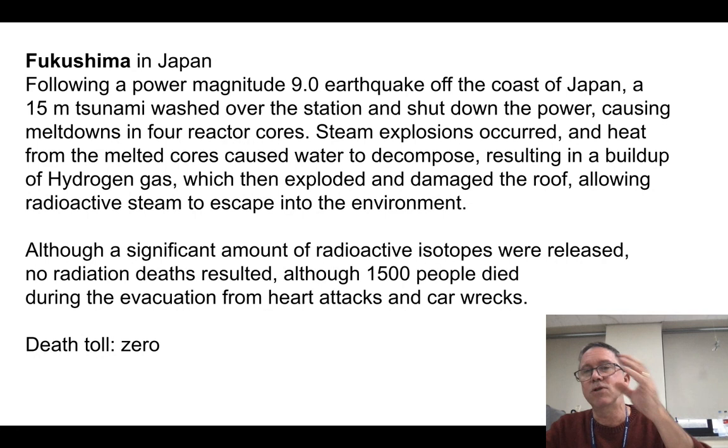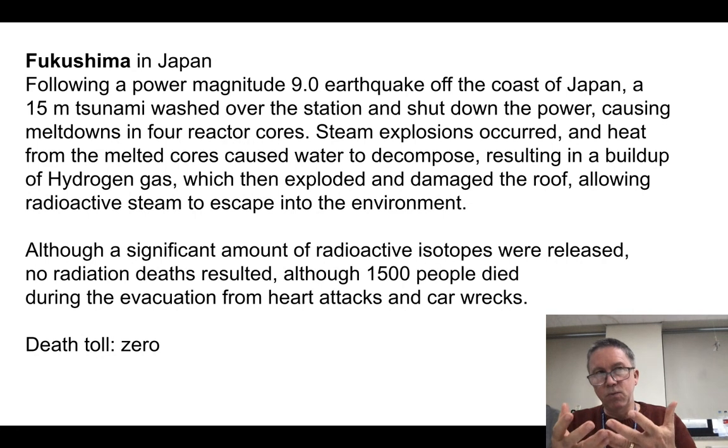Okay, now let's talk about Fukushima. This is the most recent one. So what you had there was an earthquake that caused a tsunami. The tsunami was a pretty big tsunami too, came ashore, and it basically disrupted electricity at the plant. So the plant wasn't able to maintain their pumps, and then they got a meltdown. Now, what happened was, as the water drained out of it because of the meltdown.